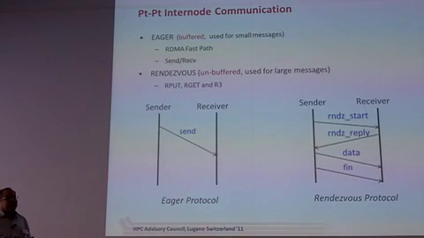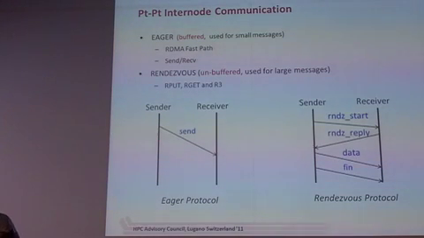MPI treats short messages with an eager protocol, and large messages go through something called a rendezvous protocol. So the eager protocol looks like this. From the sender side, I think yesterday we discussed in the MPI semantics, you just have to send, and the MPI library can buffer it and then send on its own. Okay, so that's what happens. These go through the buffered approach, whereas if you are trying to send a lot of data,